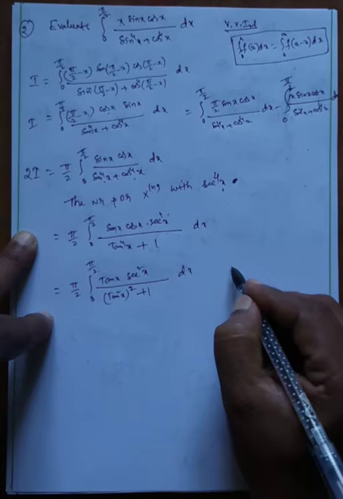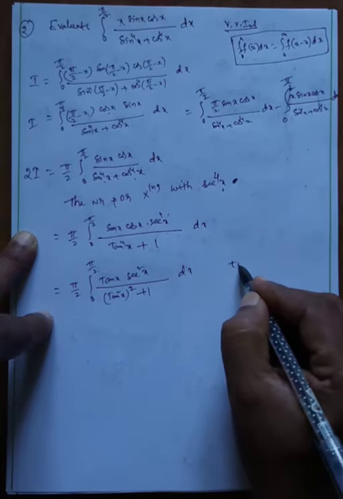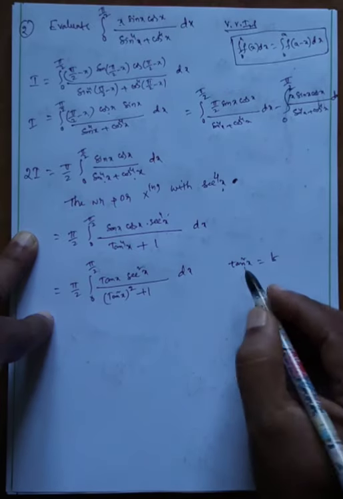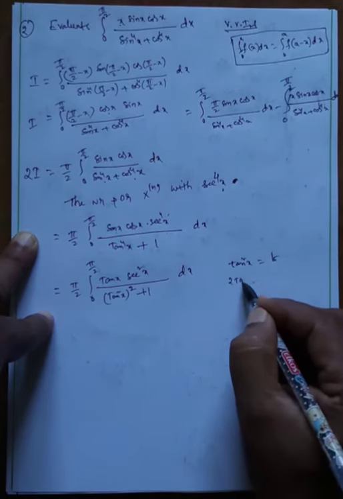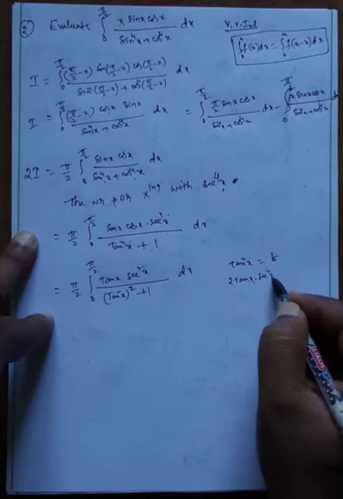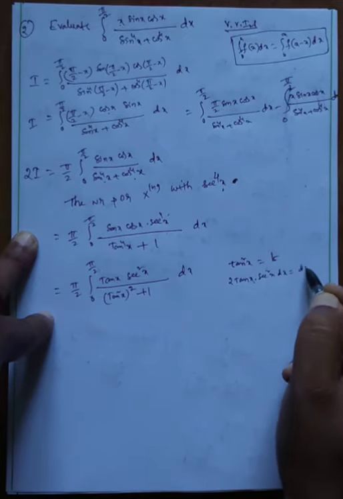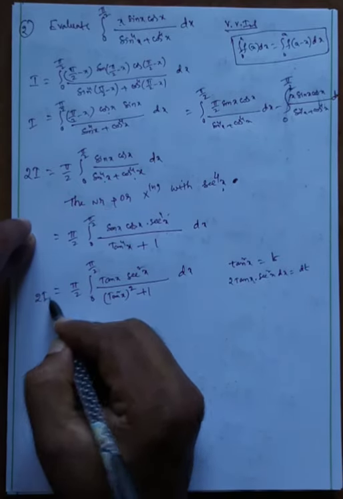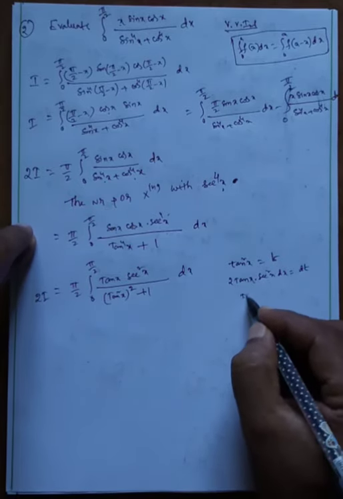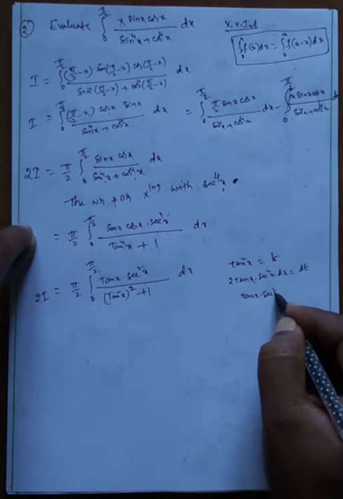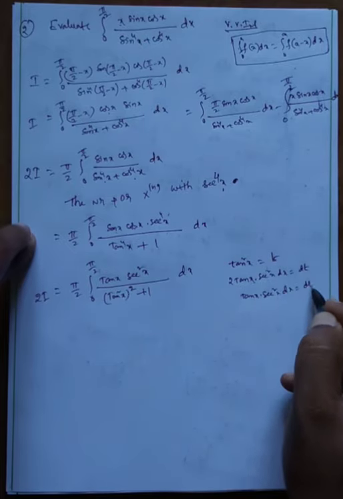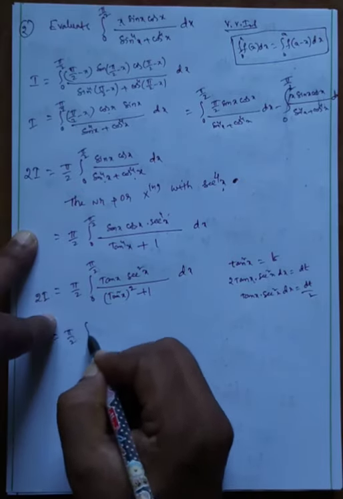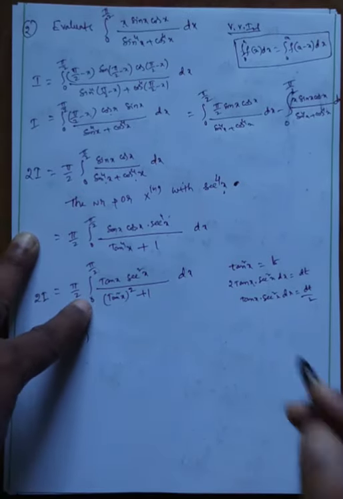Now here tan square x is equal to t, so 2 tan x into secant square x dx is equal to dt. Okay, my dear students, this value is 2I. 2 tan x, now tan x into secant square x dx is equal to how much? dt by 2. Now this is equal to pi by 2 into, limits you write, x value 0 means tan 0